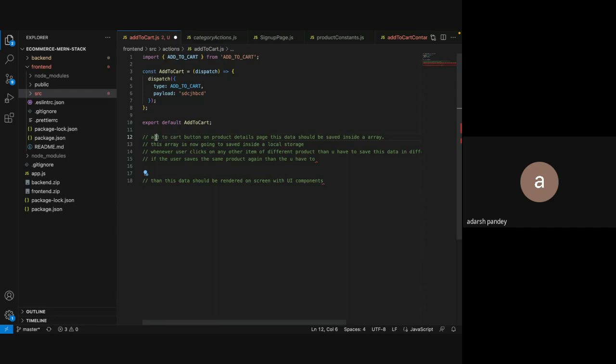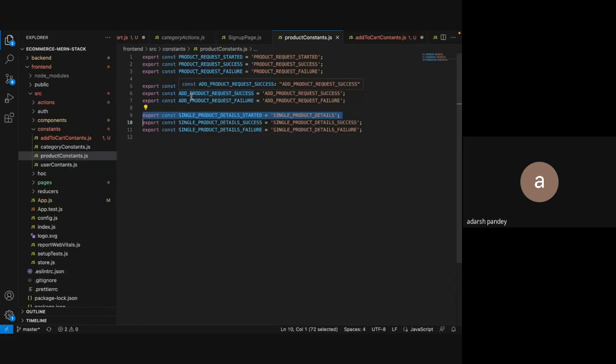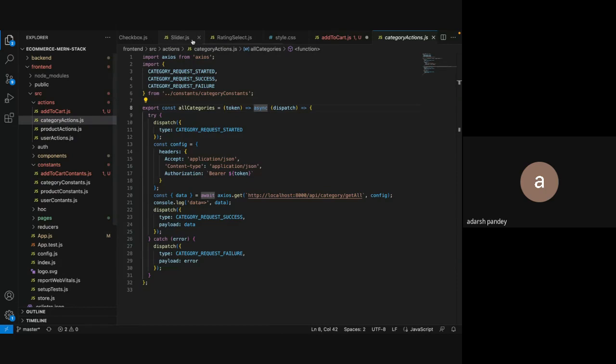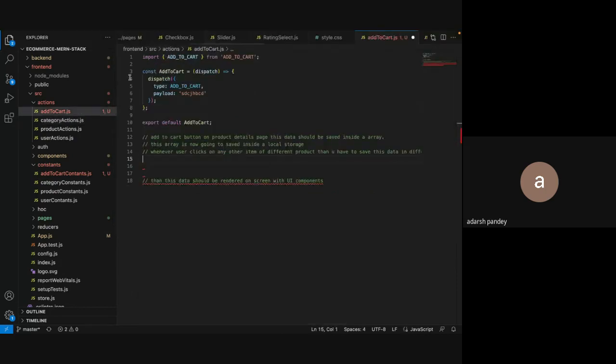एंड थर्ड इज, whenever user clicks on any other item of the different product, then you have to save this data in different object inside the same array। तो ये लाइन छोड़ दो, इतना रख दो कि दूसरे टाइम अगर कोई यूजर किसी प्रोडक्ट पे क्लिक करता है तो वो उस एरे के अंदर ऑब्जेक्ट एंट्री कर जाए। तो यू कैन हैंडल इट विथ रिड्यूसर। मैं थोड़ा सा हेल्प कर देता हूँ कि प्रोडक्ट डिटेल्स पेज से जब कोई एक्शन डिस्पैच होगा जो तुमने अभी बनाया है, उस एक्शन के कोरस्पॉन्डिंग तुम्हें उसका डिटेल, उसका पूरा ऑब्जेक्ट मिलेगा, इनसाइड योर actions।